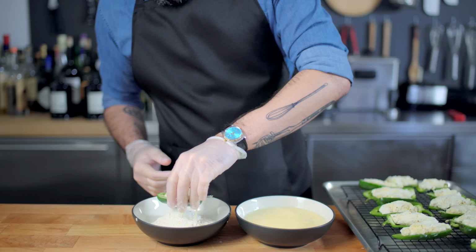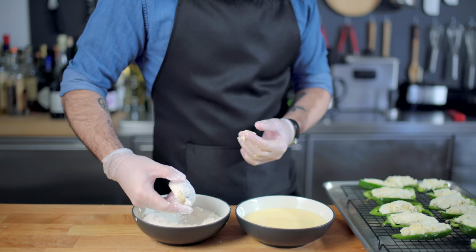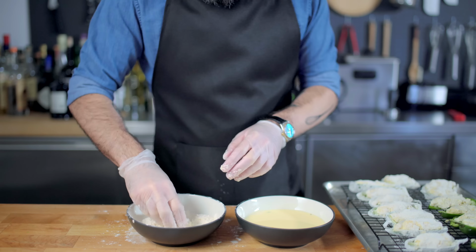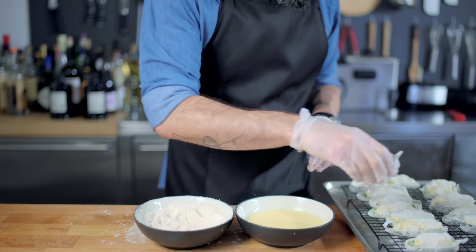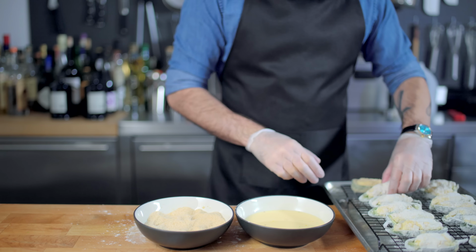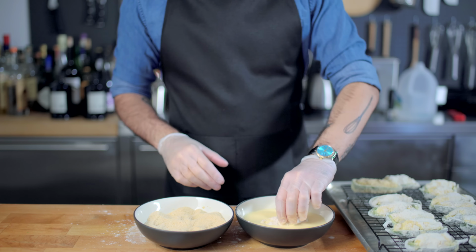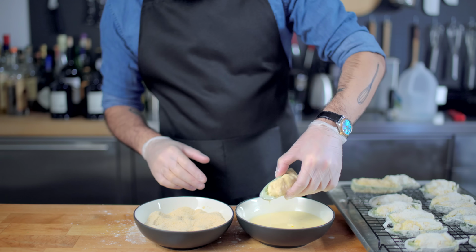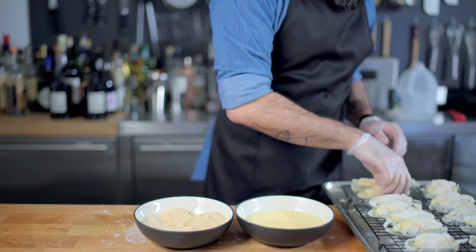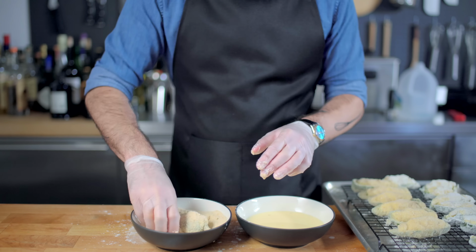We're then going to let them dry at room temperature for 10 minutes. This is in an effort to create a nice, sticky, porous surface to which our breading can more easily adhere. So once you've got everybody coated up, let it rest for 10 minutes at room temperature, and then prepare a breading station of the egg and milk mixture, followed by breadcrumbs. You could use panko if you want, but I'm going to double bread these, and I don't want the breading to be too thick. Then once we've got everybody breaded up, it's time to let these dry at room temperature